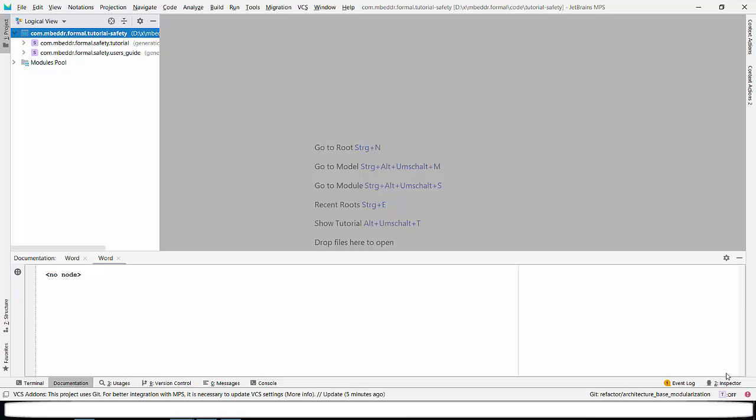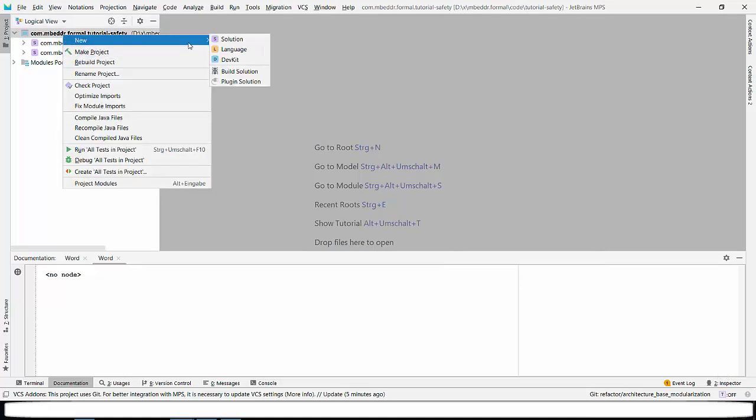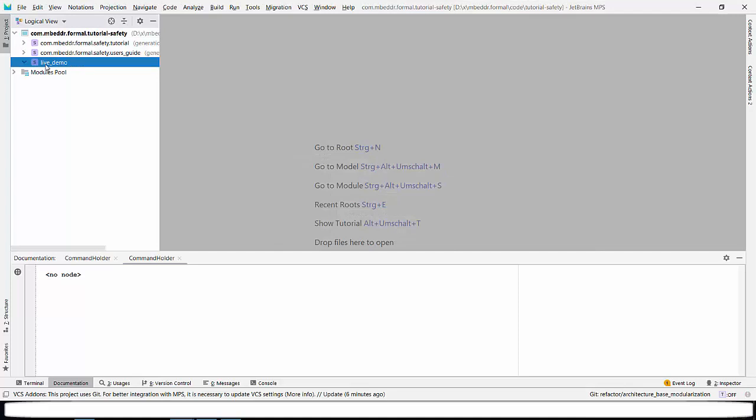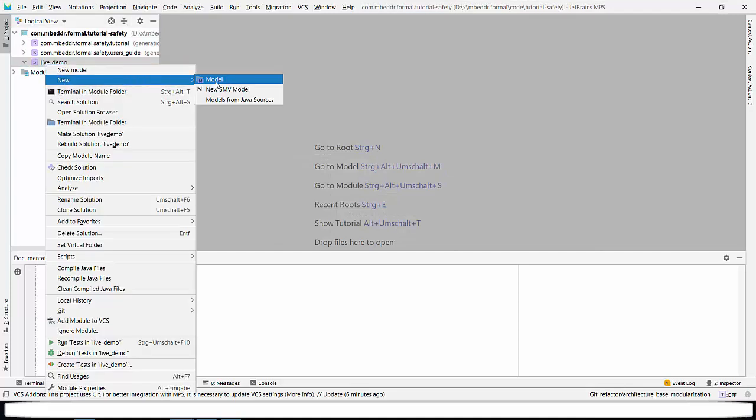Hello, in this screencast I will demonstrate the use of requirements languages in FAST. So let me start with a short live demo of how to use this. For this I will create a solution, "live demo". In this solution I'm creating a model